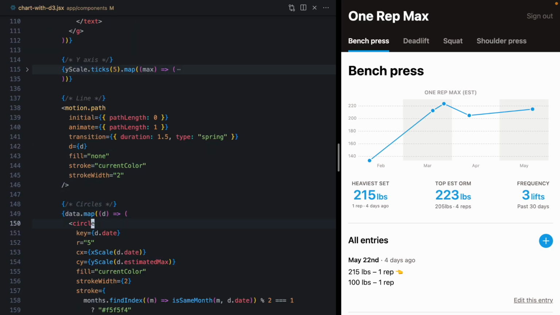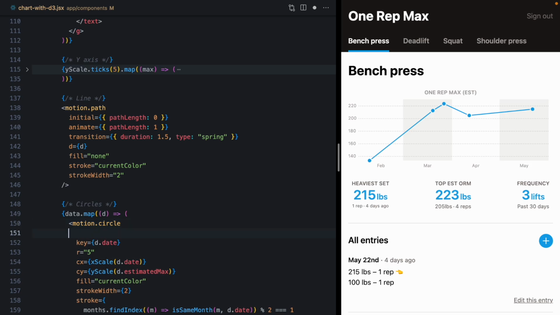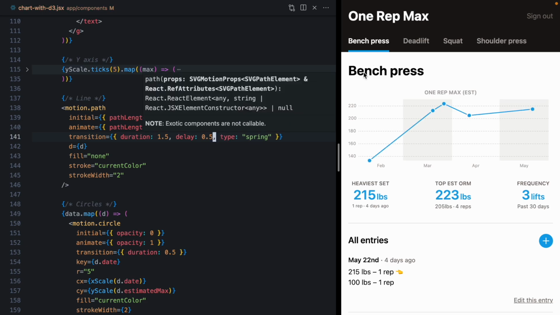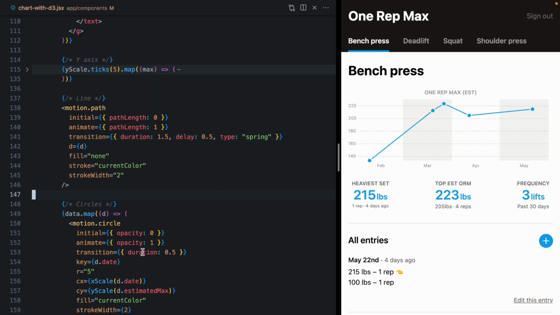We can even come to our circles and make them a motion.circle and say initial opacity of 0, animate opacity of 1. And if we give this a duration of 0.5 and this a delay of 0.5, we kind of have this fun effect. Maybe this is type spring,